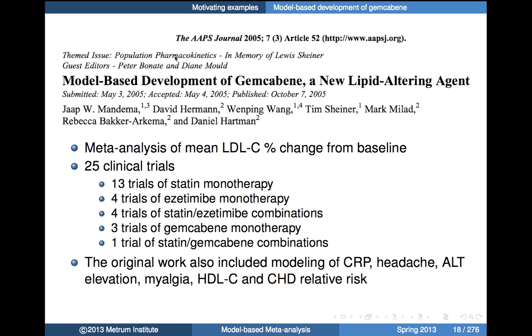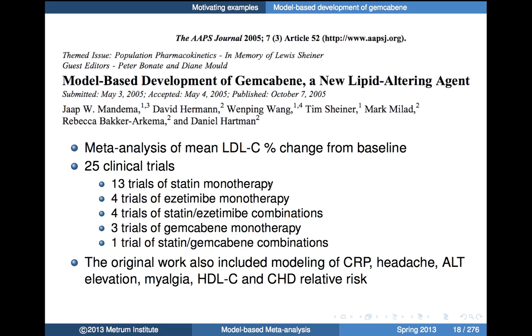And meta-analysis was used to do things like look at dose response, try and optimize dose, and in the end, you'll see it also contributed to maybe even more key strategic decisions. So in this article, they did a meta-analysis of mean LDL cholesterol percent change from baseline based upon results from 25 clinical trials,